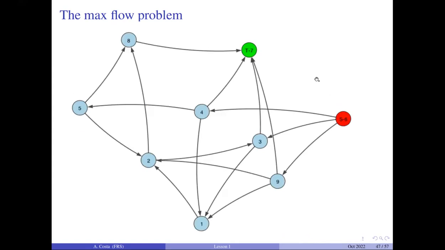What do I mean by it's a network problem? It means that the basic structure we are working with is a network, and this is a network. A network is a collection of nodes and arcs. So the circles are nodes, and then you have arcs that are connecting different nodes. For example, node 4 and node 5 are connected through an arc. It means that I can send something from 4 to 5. In this case, arcs have orientation. It means I can send from 4 to 5, but I cannot send from 5 to 4.